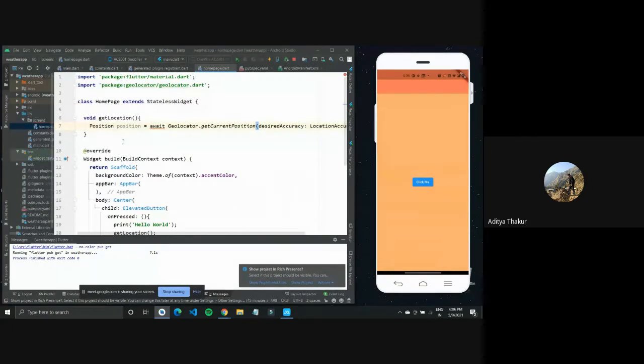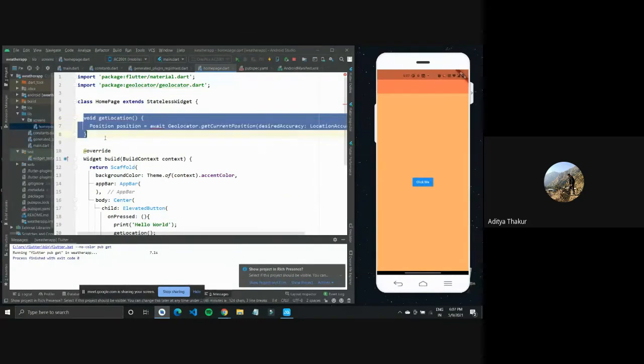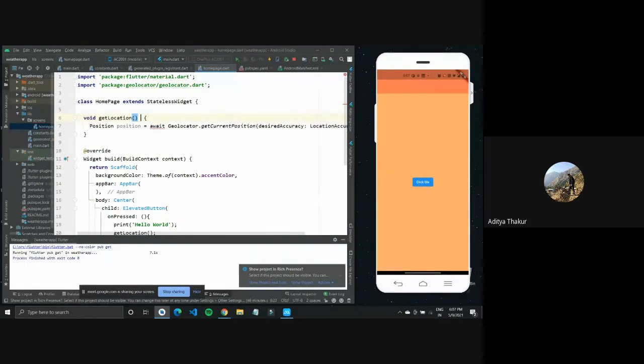And now what is this await? There is a very detailed concept of asynchronous programming in Dart. Asynchronous programming is basically for processes that take time, as in we will take some time in getting the location. So await is basically telling the CPU to wait on this process to complete, then go over to the next part. As in, let me make it clearer, but since we have to await on a process, we need to make this function asynchronous.